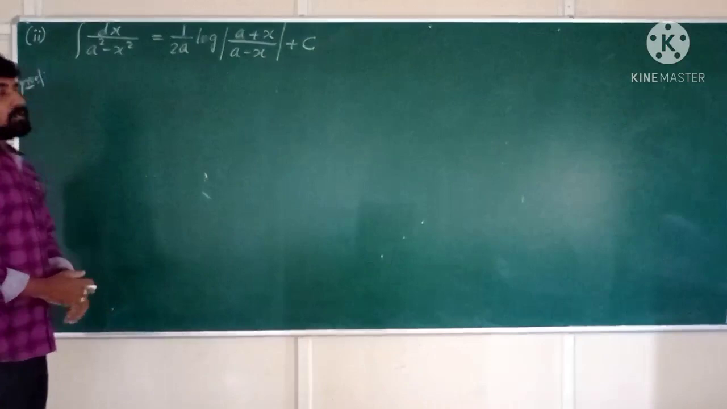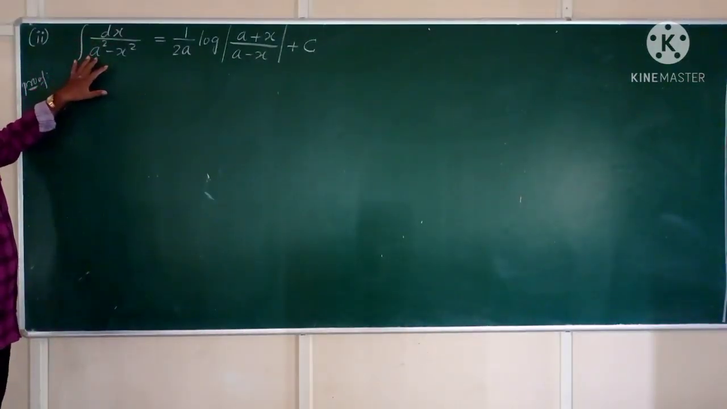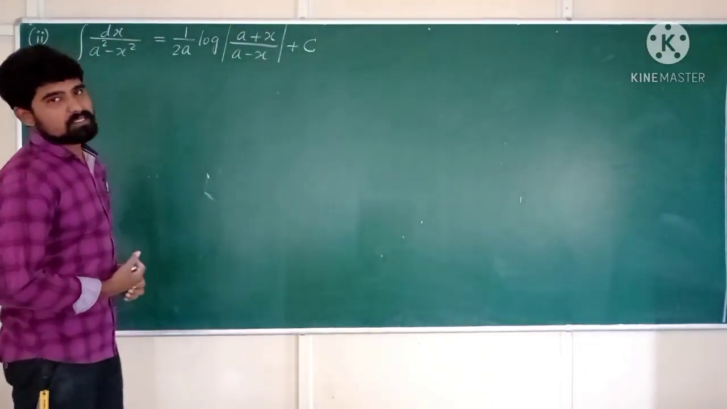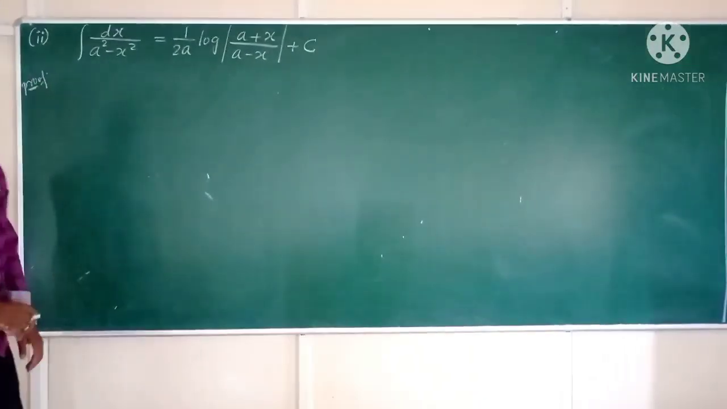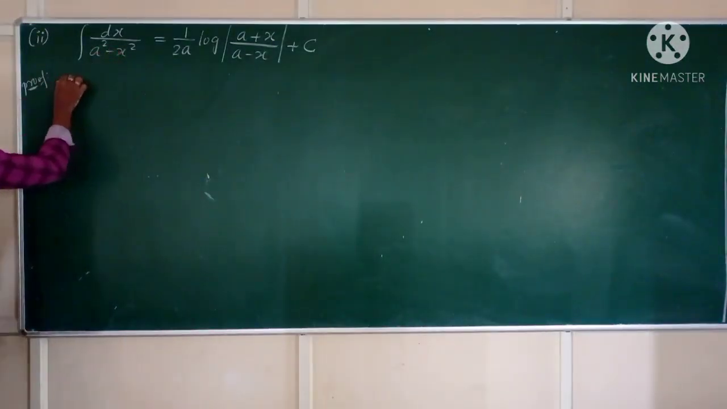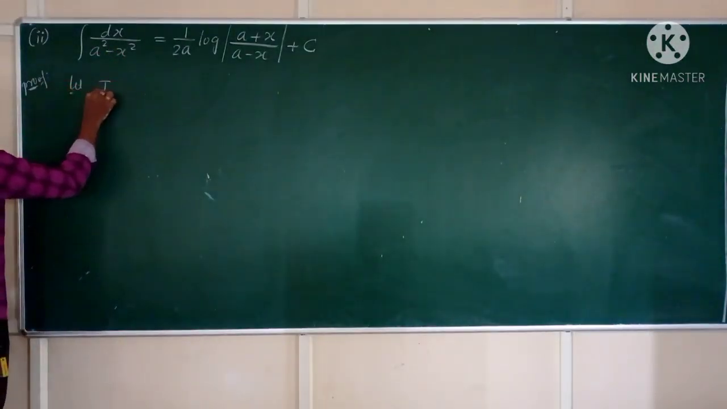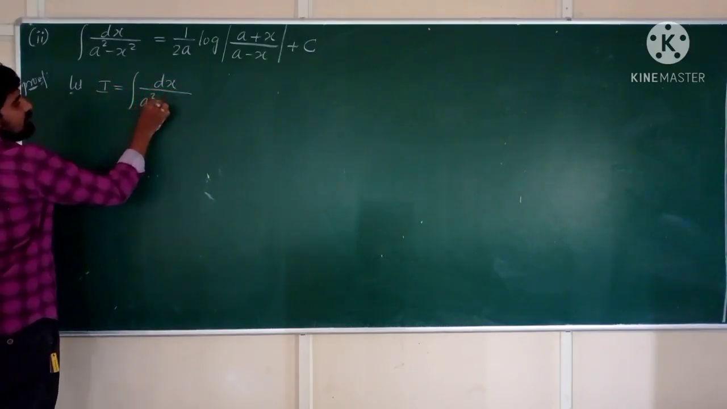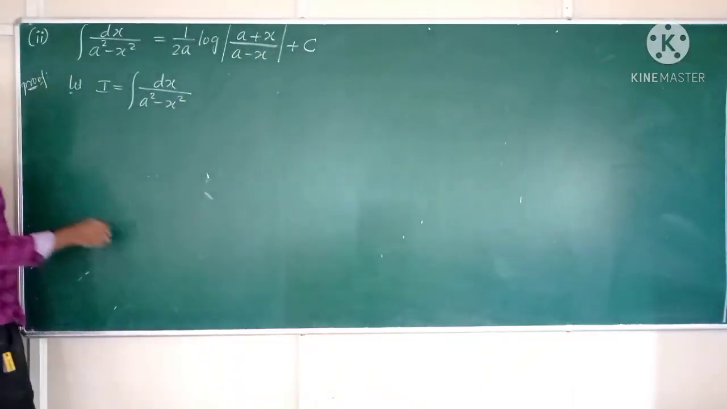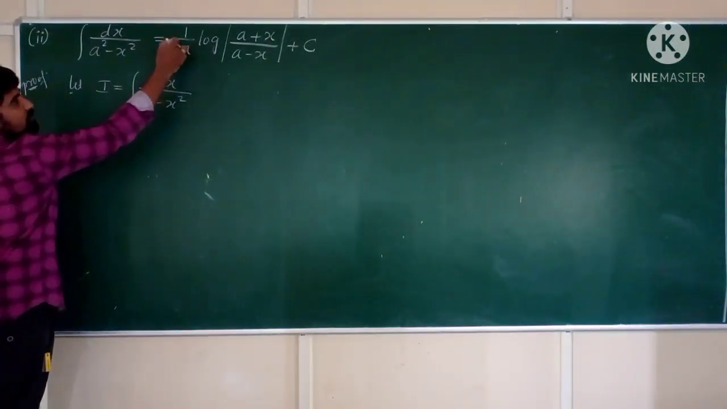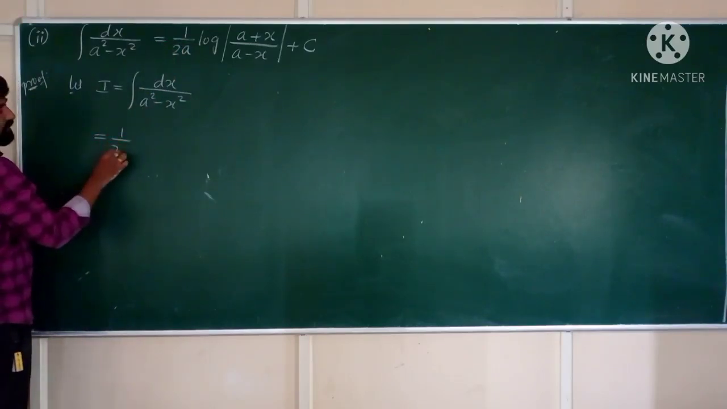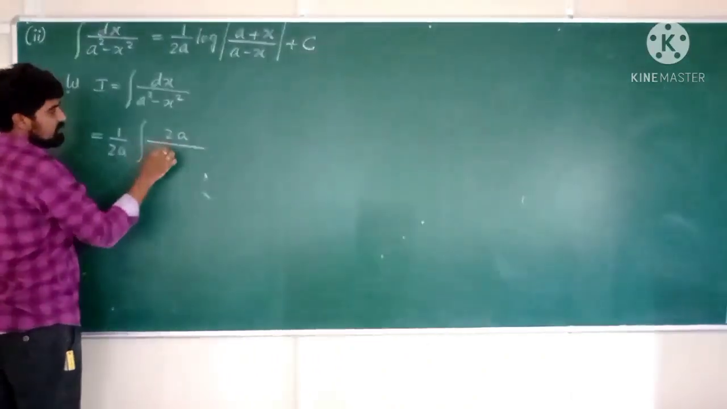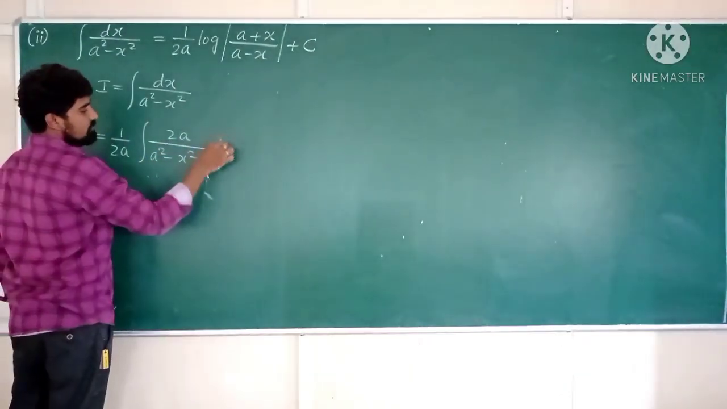Now the second one, prove that integration of dx divided by a square minus x square is equals to 1 by 2a log of (a plus x) divided by (a minus x) plus c. This is also similar to the previous one. So for proving this, let us consider I is equals to integration of dx divided by a square minus x square. So here also first we need to multiply and divide by 2a. So divide by 2a and multiply by 2a divided by a square minus x square with respect to x, dx,